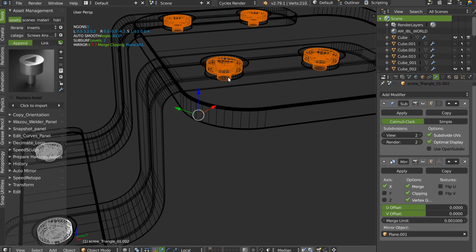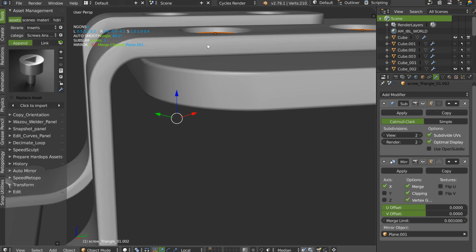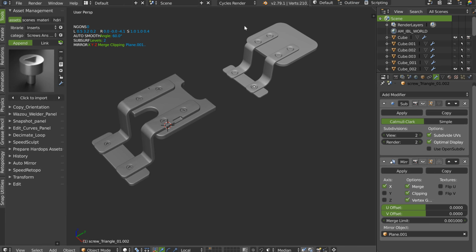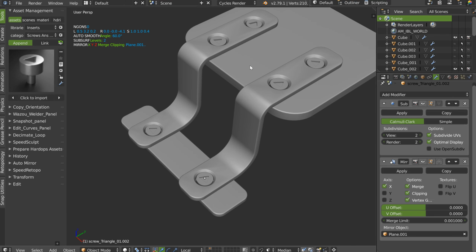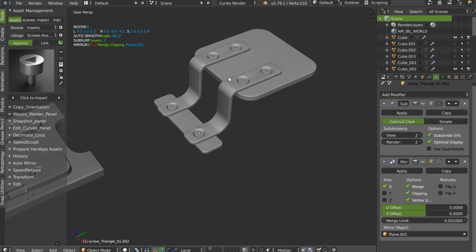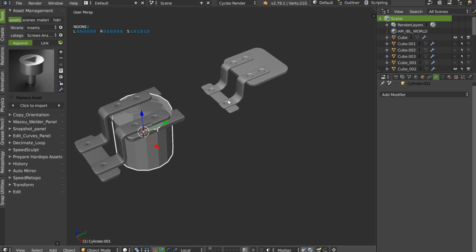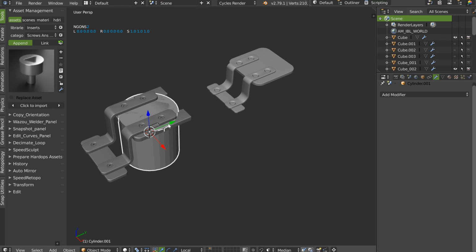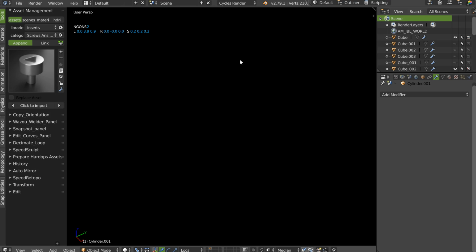Like this, that will be better. Okay, so I will go here. As you can see, this was really fast. We will add a whole EC if we want. For example, I can add a cylinder here. I will change the number of segments. I will move it here, little scale. Hopla.